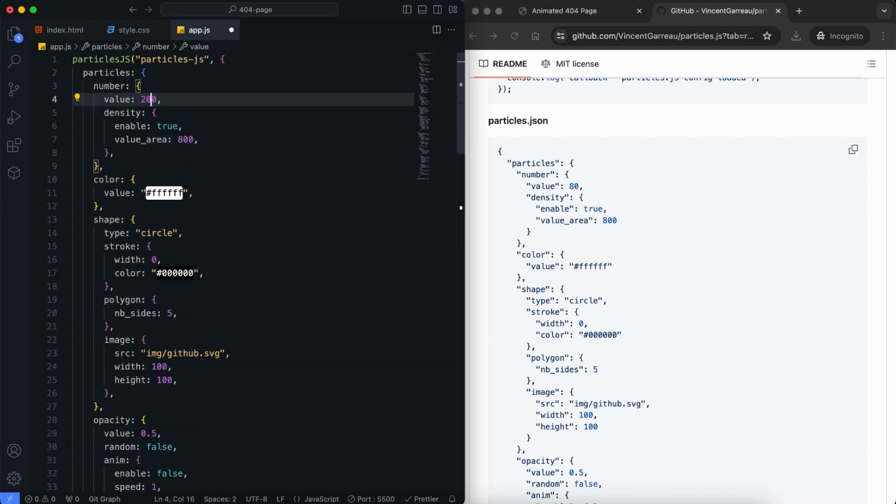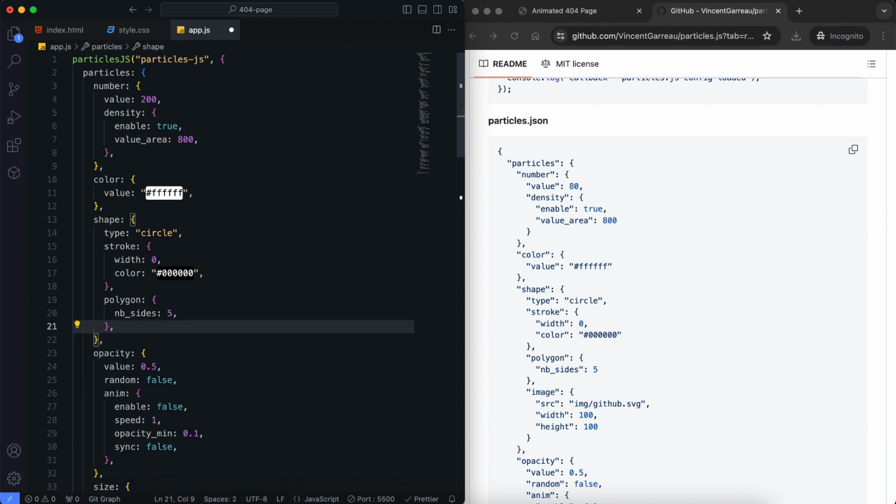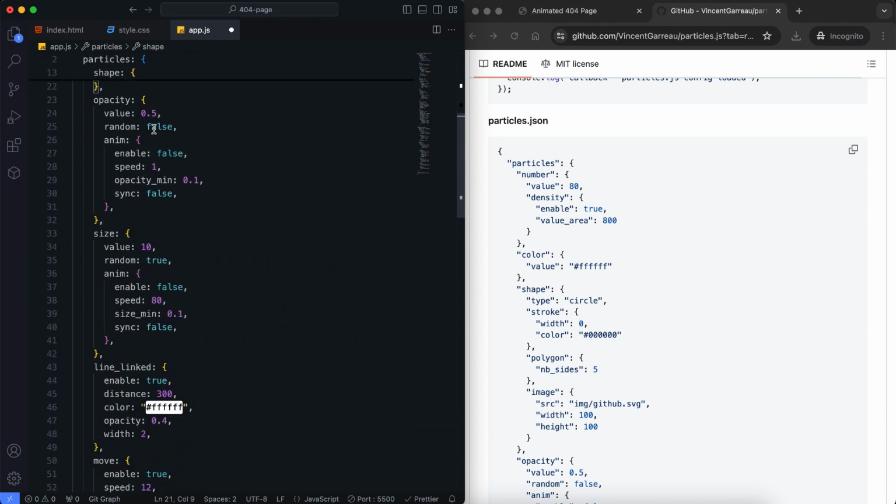These features provide the animated particle effect in the background and give the 404 page a unique look.